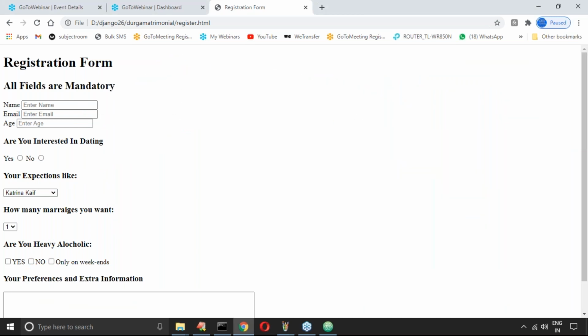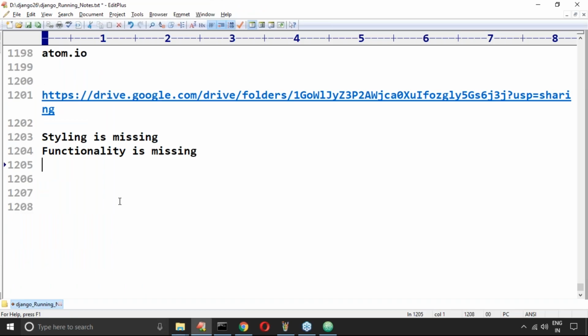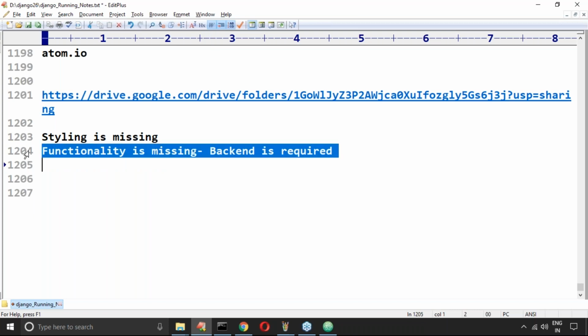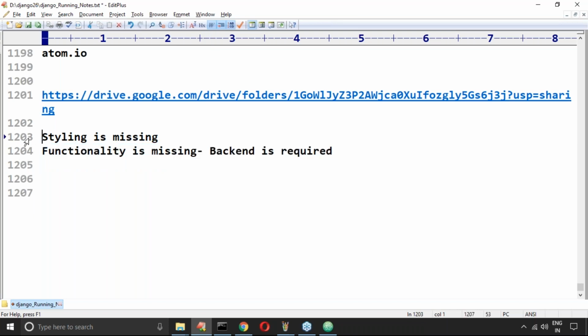If you want to add that functionality, the extra work required is the backend. Functionality missing means backend is missing. If you add Django with this HTML and CSS for styling, then it will become a beautiful full-fledged real-time application.